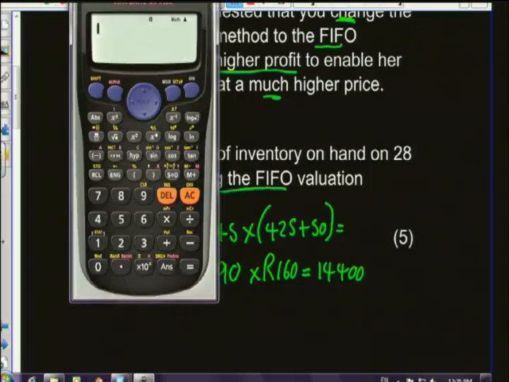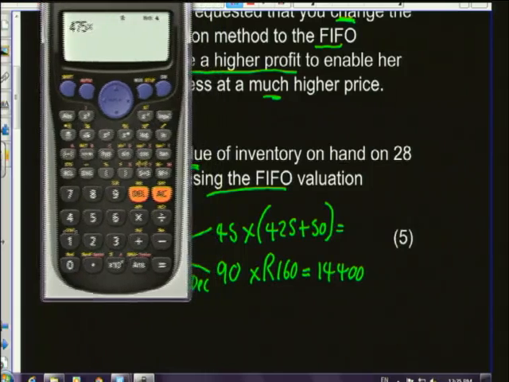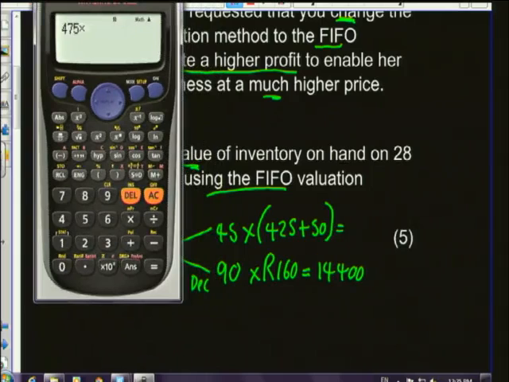My total price that was paid per shoe, 425 plus 50. So my total price is 475 times this by the number of shoes that were unsold for the month of November, which is 45. So if we multiply this by 45, we're getting a total value of